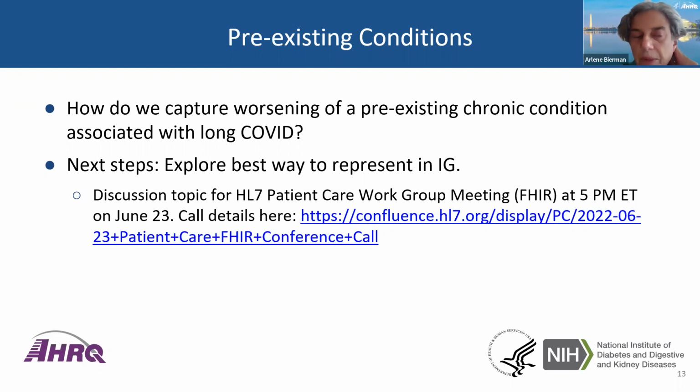Yeah, and I just want to briefly add, we all know how long COVID affects multiple organ systems, and the fact that we're developing something that's patient-centered for multiple chronic conditions. And it also affects the same organ systems where people have chronic disease. So for example, if you have additional pulmonary dysfunction due to long COVID or cardiac, how do we capture that? So there's that interaction between pre-existing conditions and then the impact of long COVID as well as worsening of the disease itself.